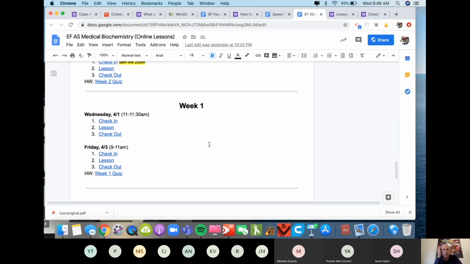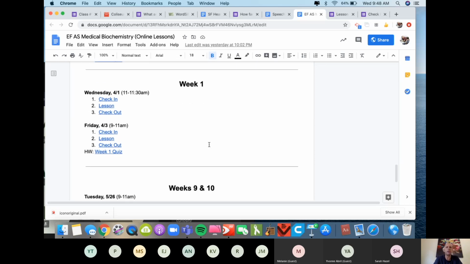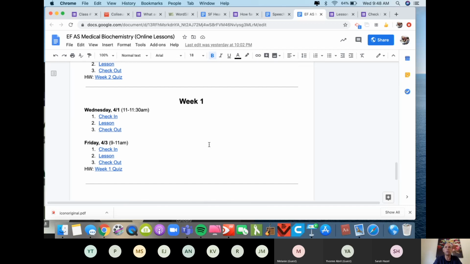Sure. I'm a firm believer that structure and simplicity with technology are by far the most important things in the distance learning setting. So what I decided to do was make this very simple Google Doc that you're looking at right now. I just kept building it, right? So each day I would build these forms and I would start these check-ins.